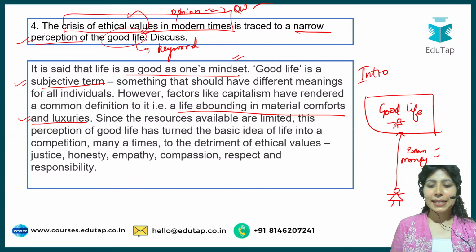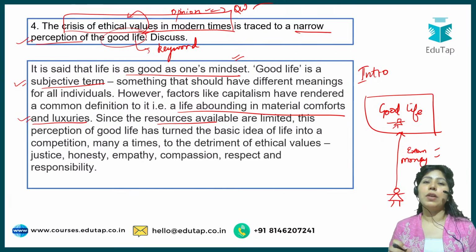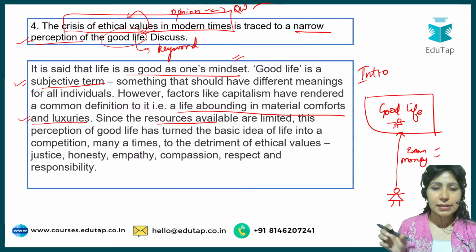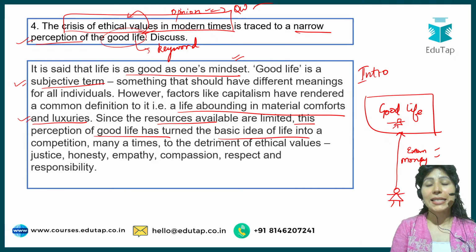All right. Since the resources available are limited, everybody cannot have cars. We cannot have cars for every person out there. We cannot have a separate house for everybody out there. Since resources available are limited, this perception of good life has turned the basic idea of life